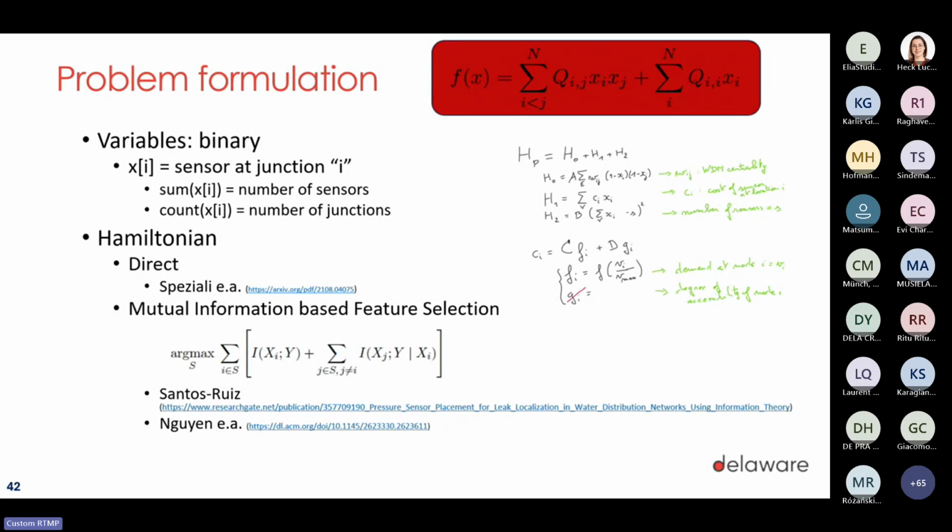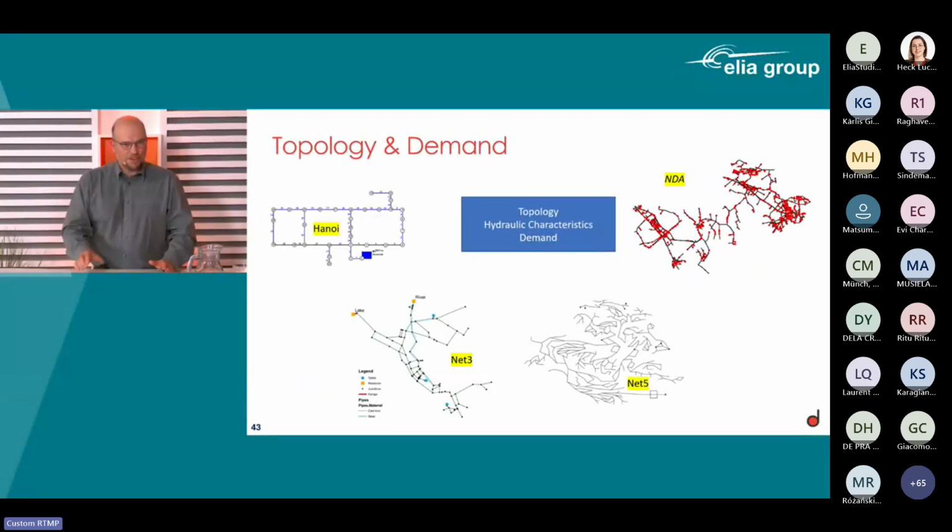There is a classical approach being described by Santos Ruiz in Spain, who is really doing deep research on that. So we also implemented that one, the classical approach. And then we figured out, hey, there is also a quantum approach concerning mutual information. And maybe we have to compare those two things. So that was actually, in just a couple of days, what we tried to figure out.